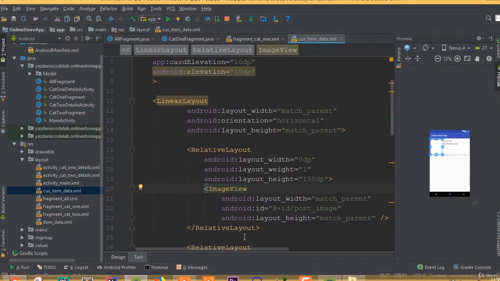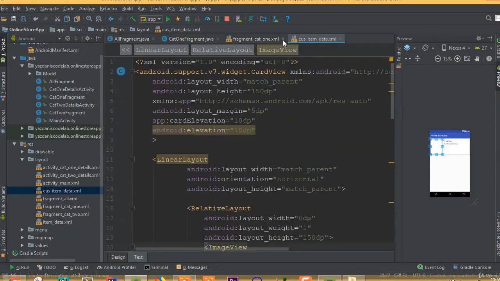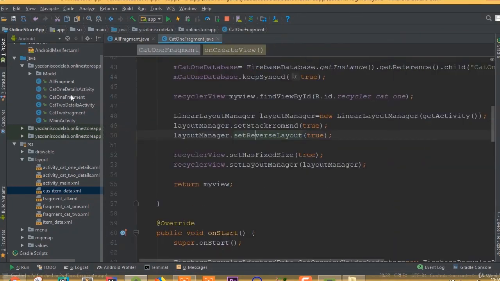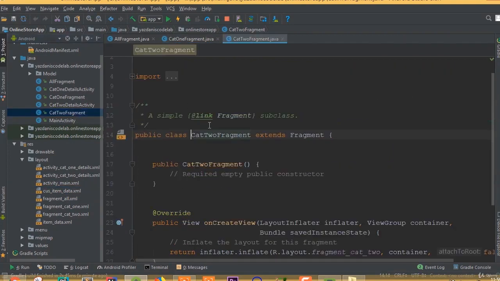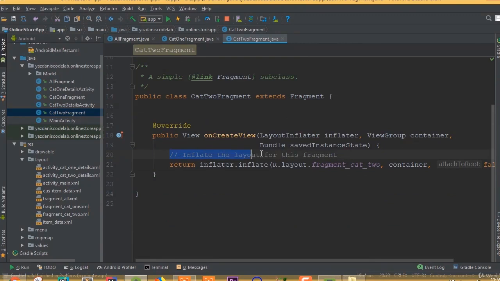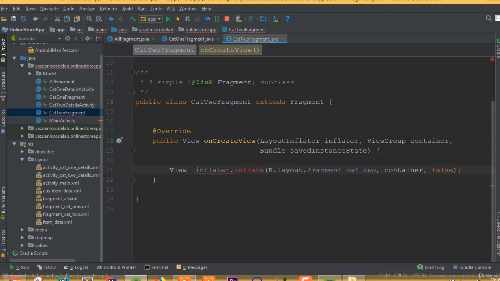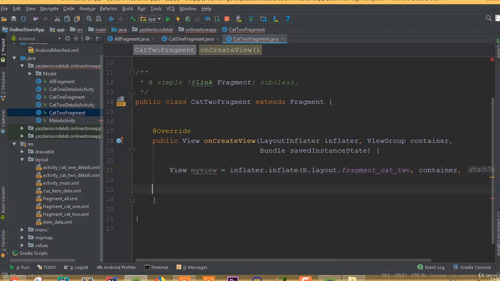Welcome back once again. In this part, we will retrieve our cat2 category 2 data, and we will set this data to our cat2 fragment. So now we need to open our cat2 fragment, remove this constructor. We don't need any constructor, and remove this comment out. And we need to add object of our view class. So view is going to be, we can call it my view. And now we need to return this my view. So return my view,